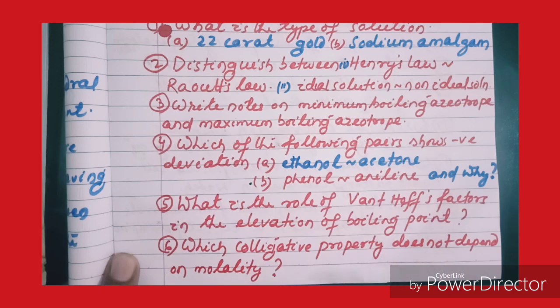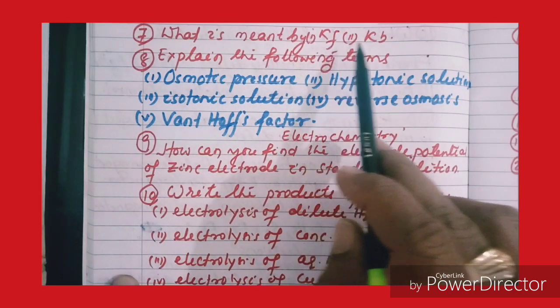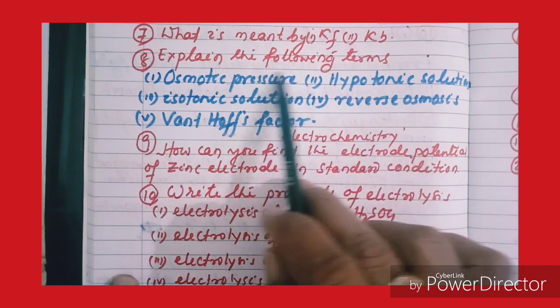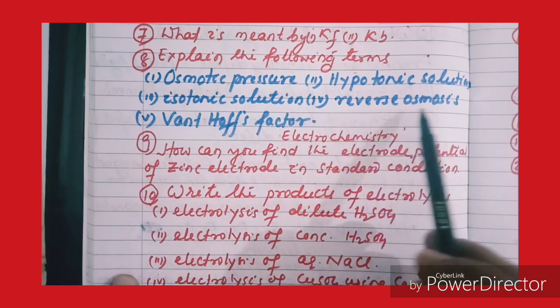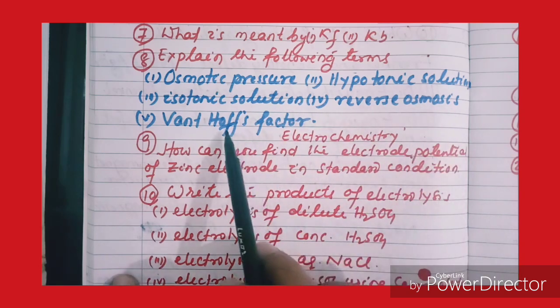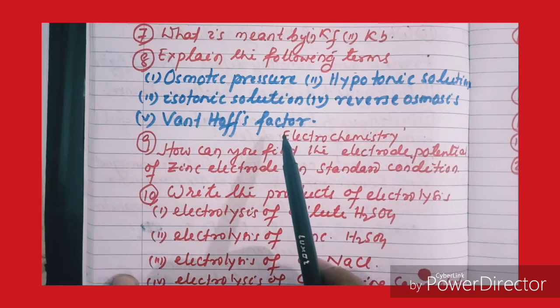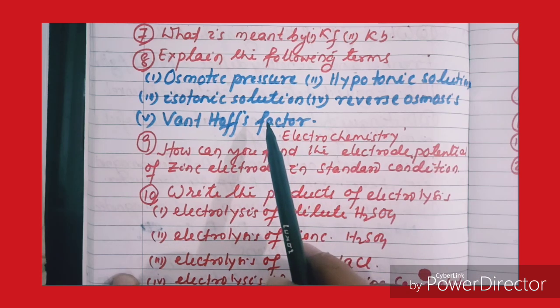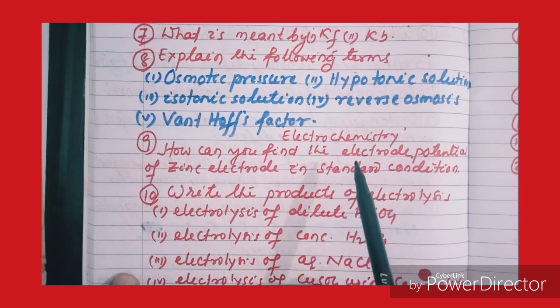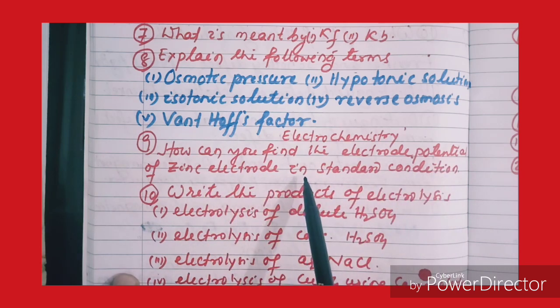Which colligative property does not depend on molality? What is meant by Kf or Kb? Explain the following terms: osmotic pressure, hypotonic solution, isotonic solution, reverse osmosis and its utility, van't Hoff factor. These are some questions from solutions. Next, electrochemistry. How can you find the electrode potential of zinc electrode in standard condition, or how can you